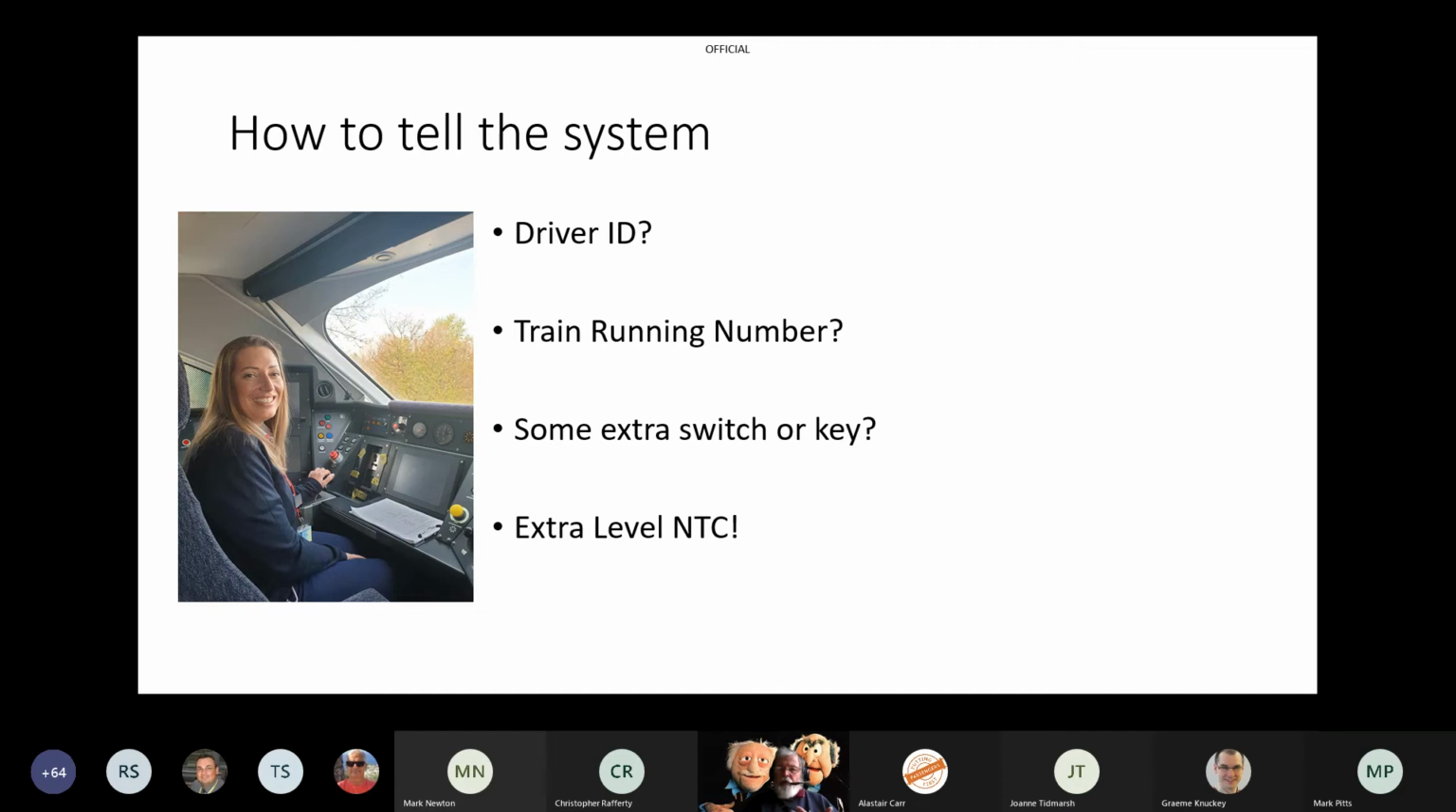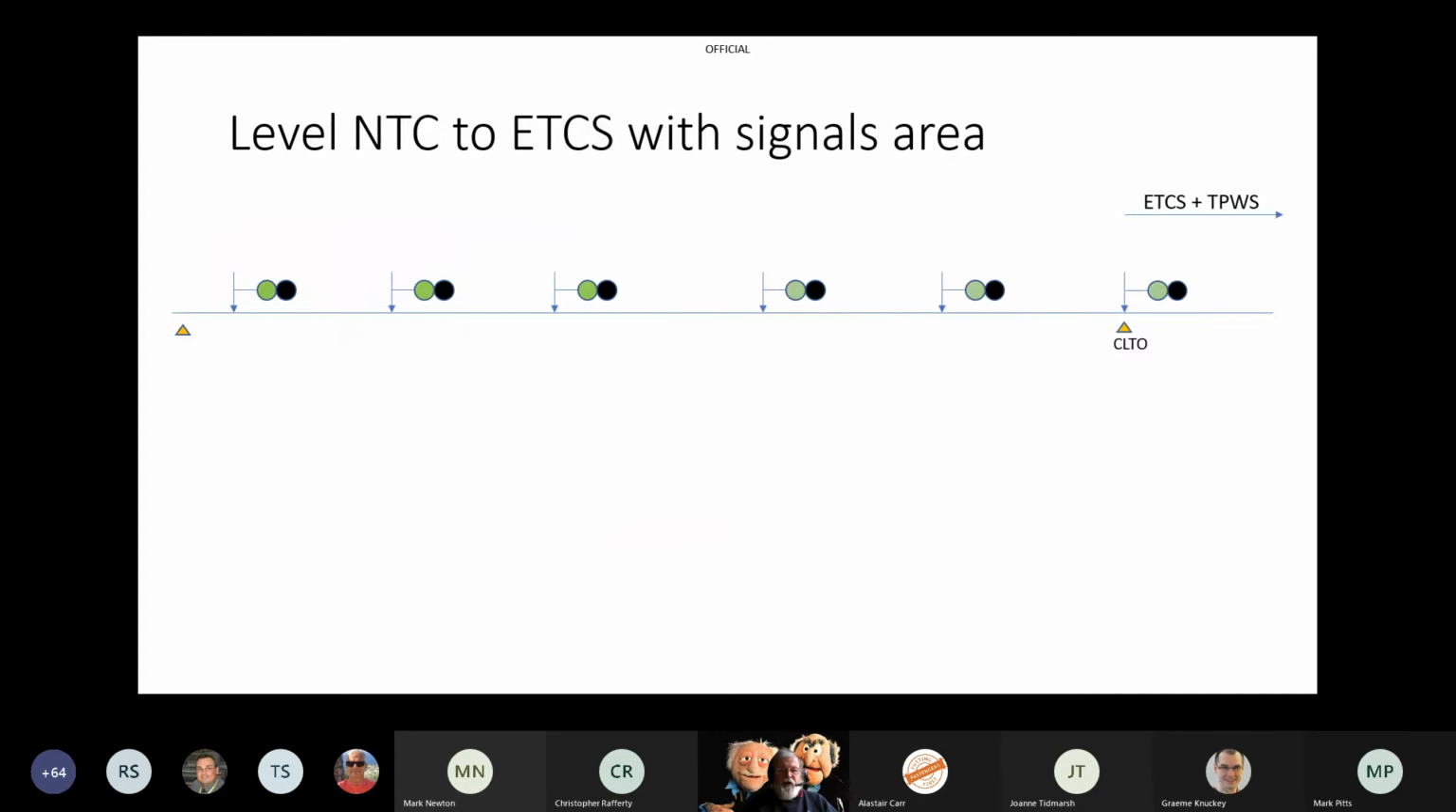What that means, though, is we now have to try and design our transition from level NTC to an ETCS with signals area, and make that work similarly and equivalently to the ETCS without signals. So we have our train, and this time our train is in what's known as TPWS fixed. NID NTC is 21. And the train, of course, is ETCS equipped, so it will respond to the messages coming